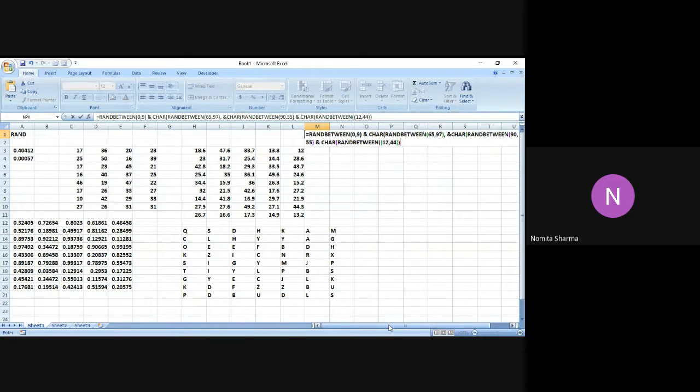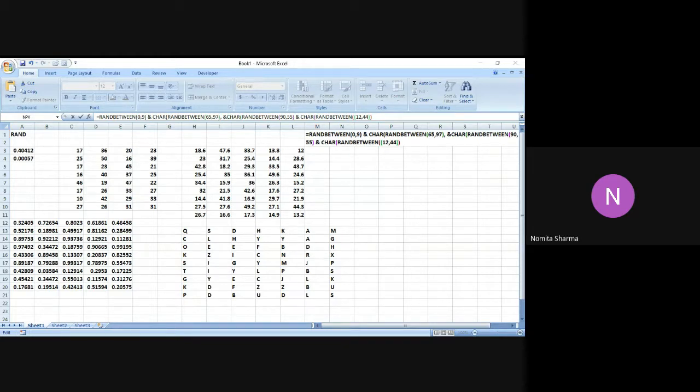Let me check whether I have closed all the brackets or not, and then I'm going to see whether my function is right or wrong. So I say 0 comma 9 and CHAR RANDBETWEEN bracket 65 comma 97, close the bracket for RANDBETWEEN, and I have to close for the CHAR function also.